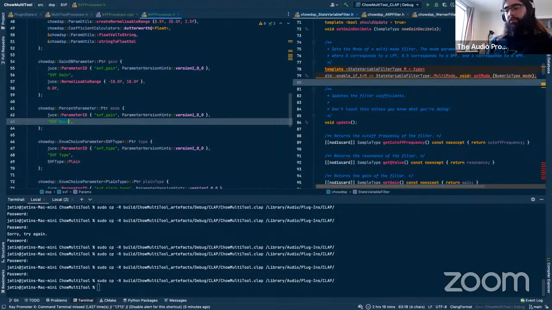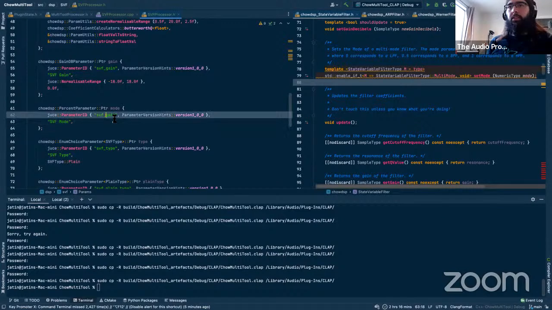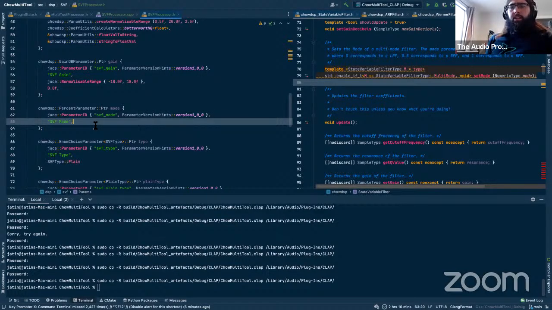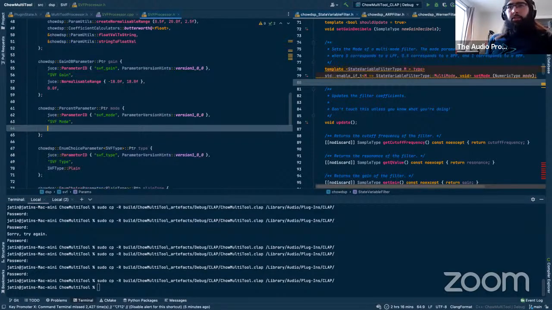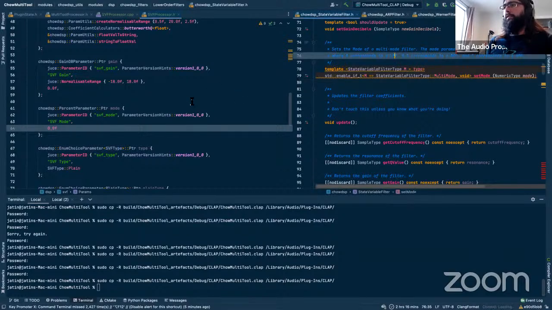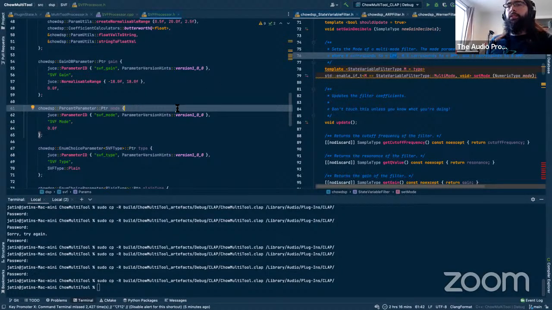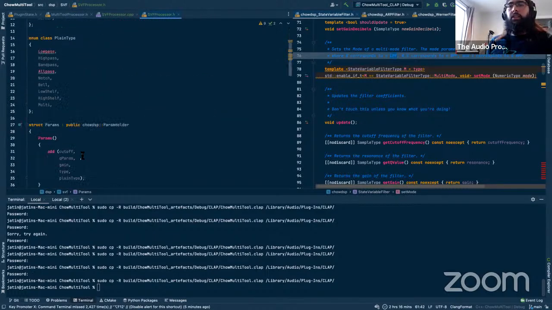So this will be SVF mode, and a couple of these filter types have different modes, so we can use them whenever we want. And I'll put it at 0 for now, since that corresponds to low pass. Yeah. All right, and then we'll do